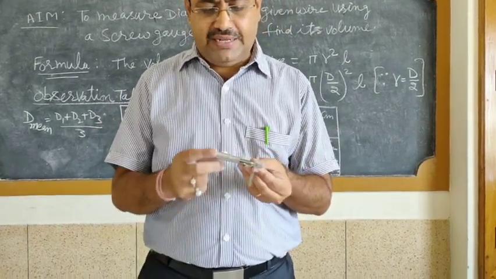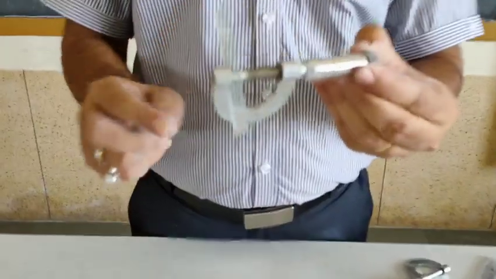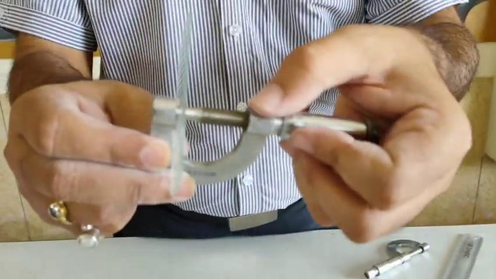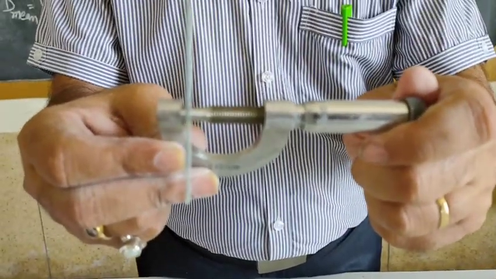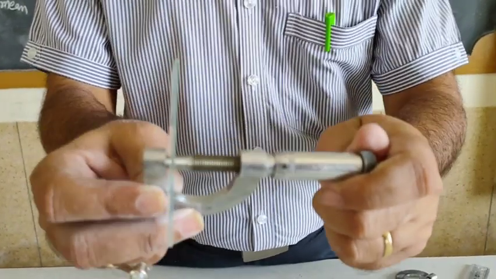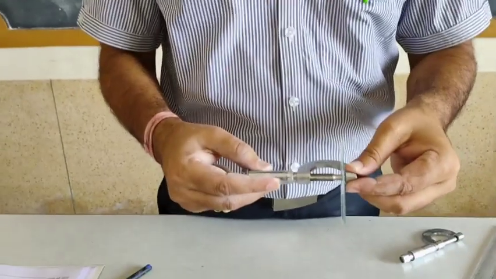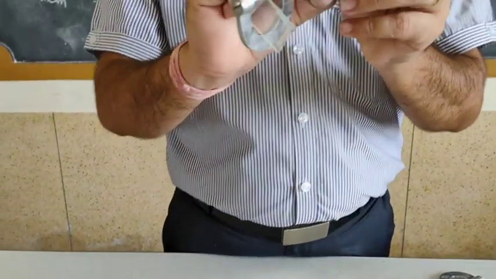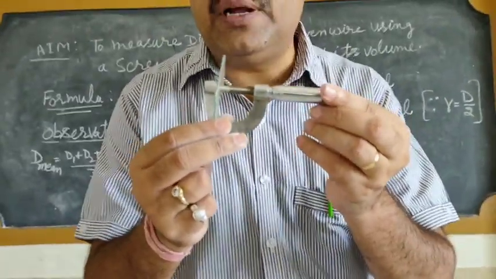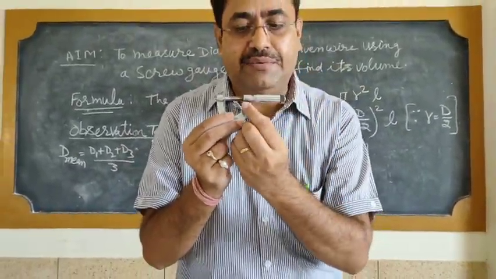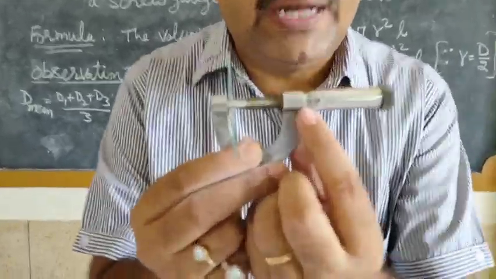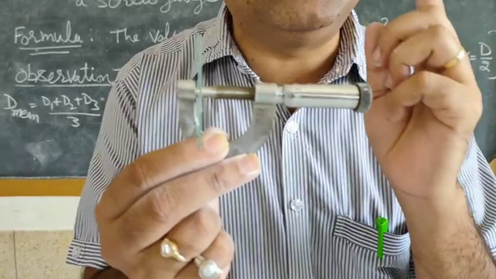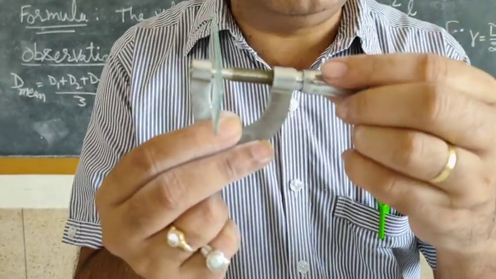Now, my dear students, again with this screw gauge you see the main scale and the circular scale clearly. If I check the readings here, the main scale reading is 0.1 centimeter only. If you see, there is only one line I am seeing here on the main scale. It means the main scale reading is 0.1 centimeter. Now look at the CSR.